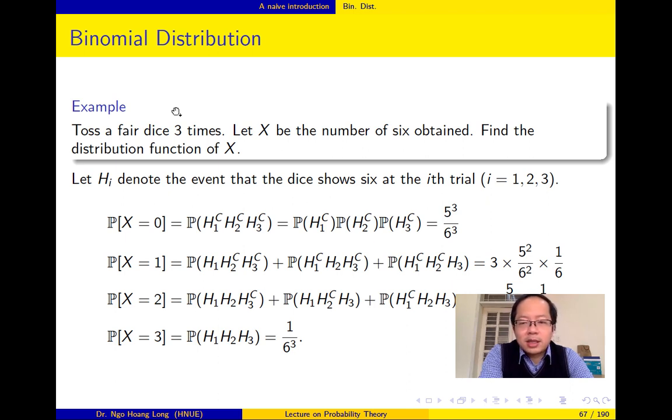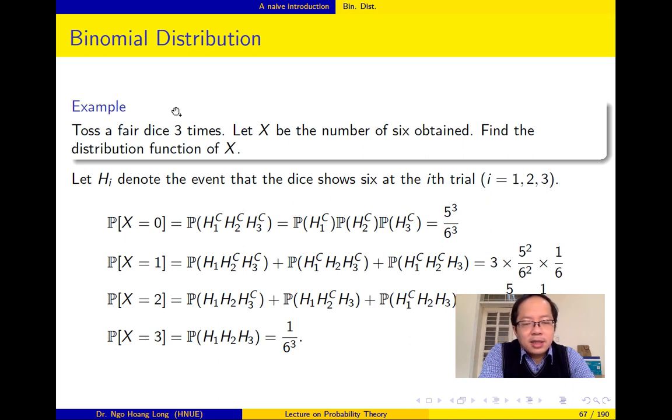So we have H1, H2, and H3. Now, when X equals 0, what happened? X equals 0 means that each time we obtain another face, so we show 1, 2, 3, 4, or 5. It means that